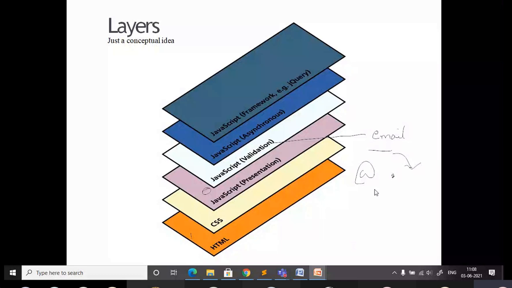Further on, in advanced topics, you will be learning about jQuery, which is an advanced concept of JavaScript, and also Ajax. Maybe we will discuss the basics briefly in a later class.